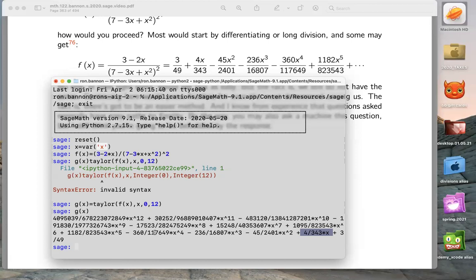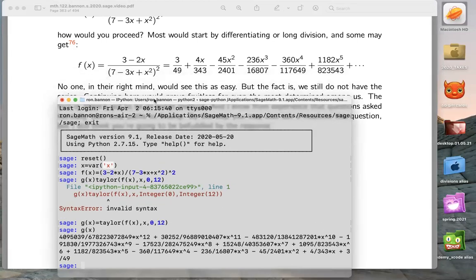Looks great. Next term, minus 360 over 117649. Yep, looks good. Next term, 1182 over 823543. Yeah, it looks good. They want more terms. You know, certainly you can do as many terms as you like. It's up to you. All right. You could get this out to really arbitrary precision if you like. What I want to do is